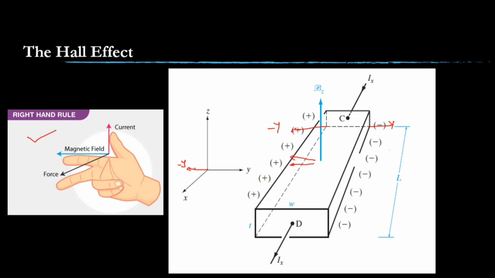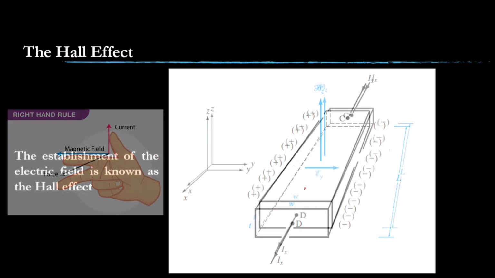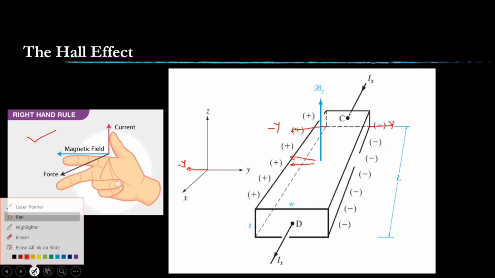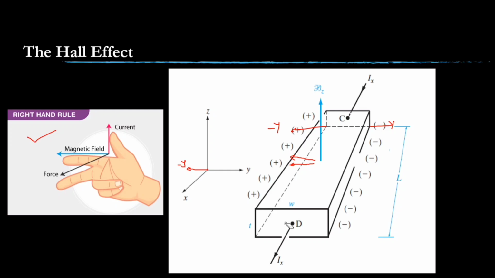You may have learned this Lorentz force in your PUC, right? So Lorentz force is experienced by individual holes in the semiconductor. The cause of the Lorentz force is nothing but the current flow and the magnetic field perpendicular to the current flow. Okay, then what will happen? Every individual hole experiences a force in minus y direction, as I told.